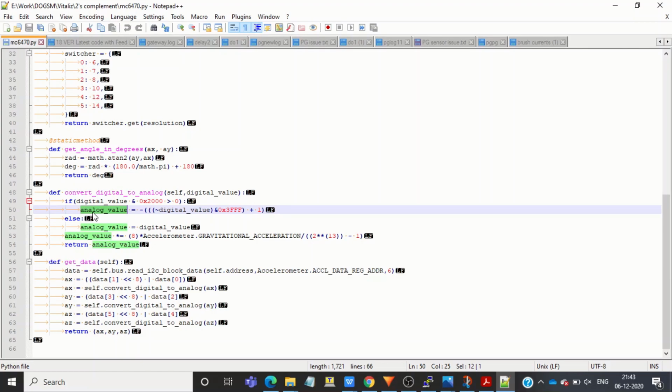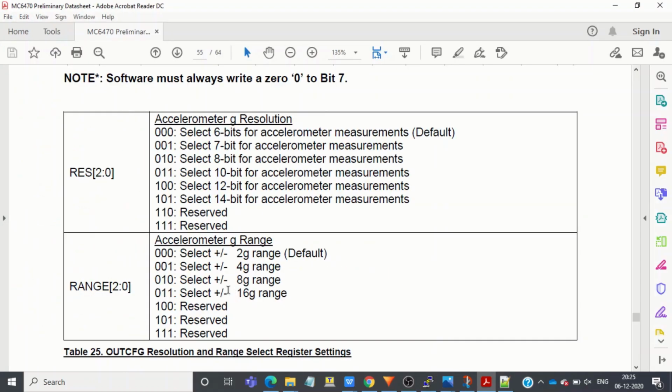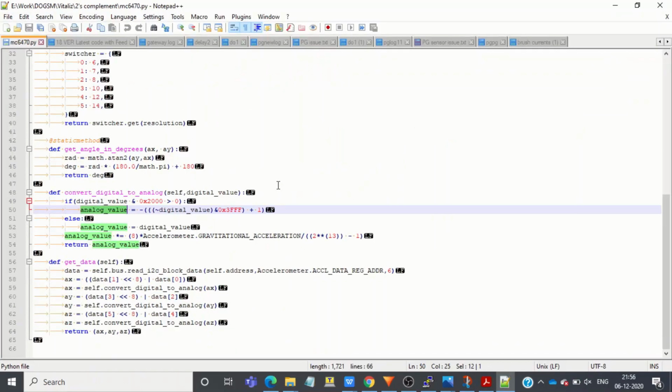Now how do we convert this signed decimal value into the acceleration data in meters per second squared? Recollect that the range of measurement chosen for this accelerometer is plus or minus 8G. It means that the maximum value that can be stored in this 14-bit 2's complement data will represent an acceleration of plus 8G.